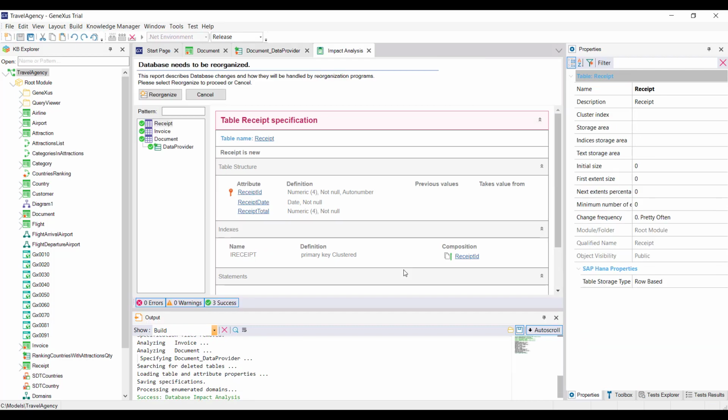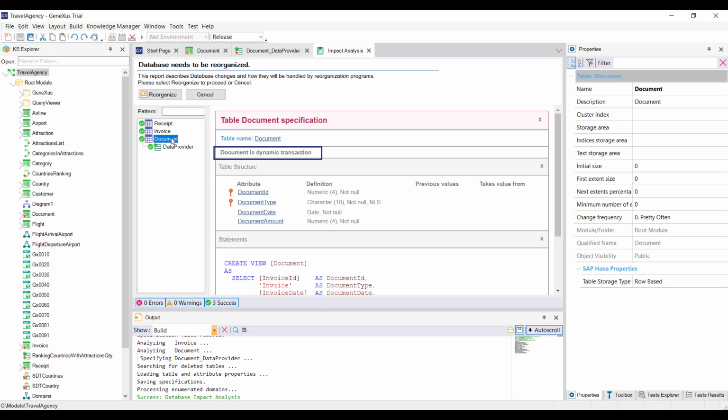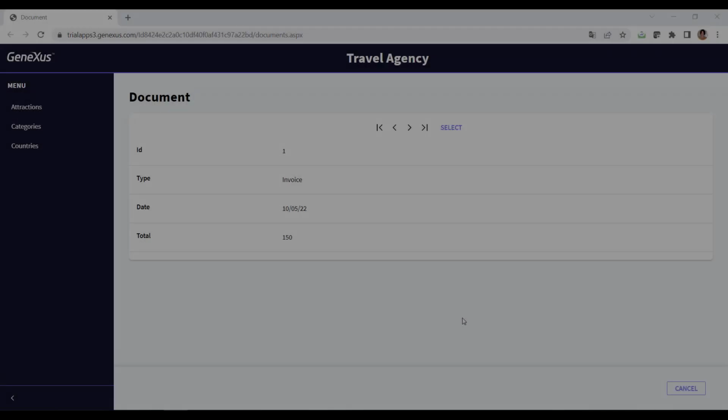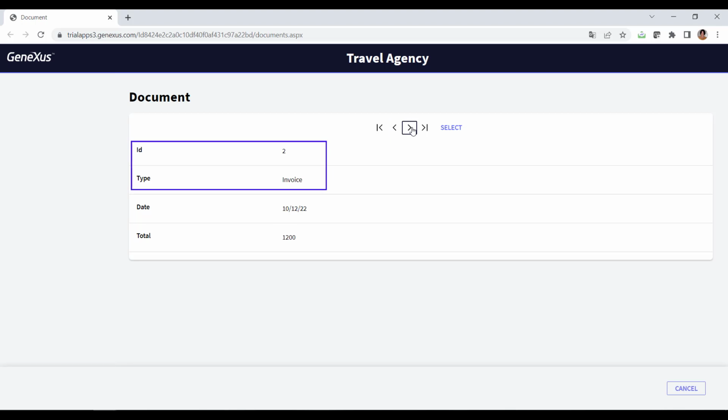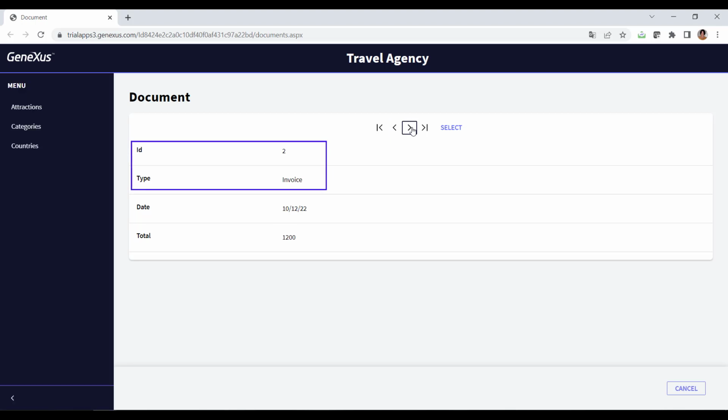We must take a look at the impact analysis report, which clearly says that document is a dynamic transaction. We'll reorganize and execute the document transaction. Invoices and receipts are integrated, and we can run through this information without noticing that there's no associated table.